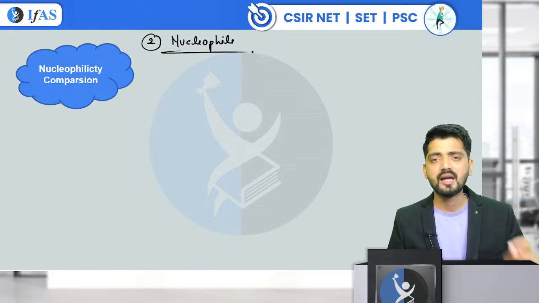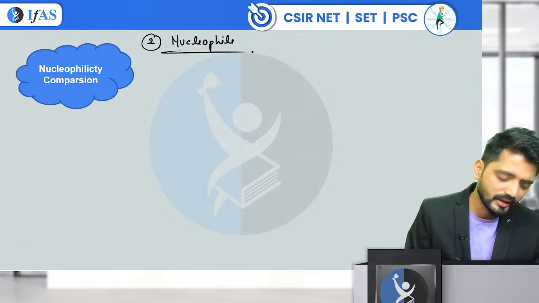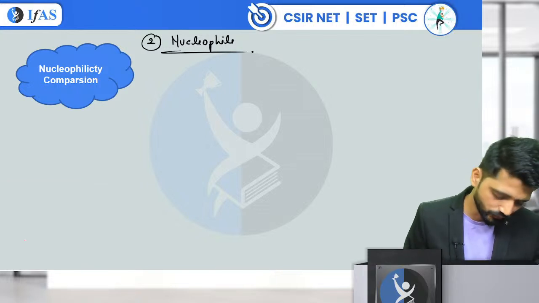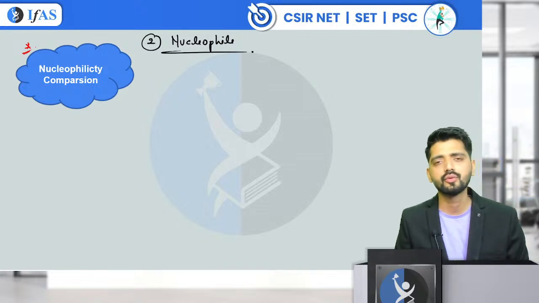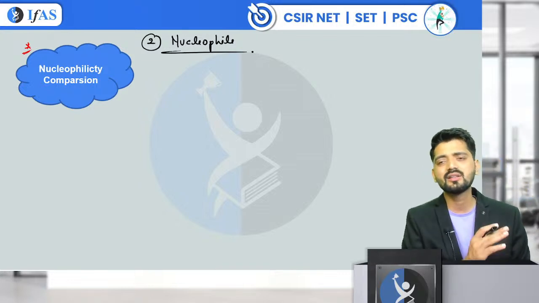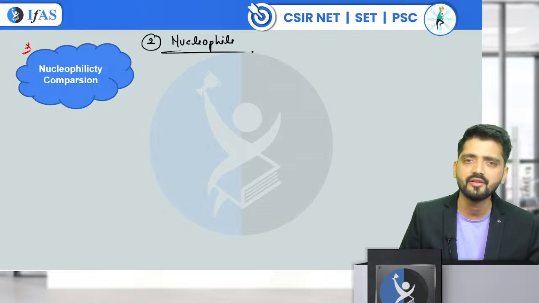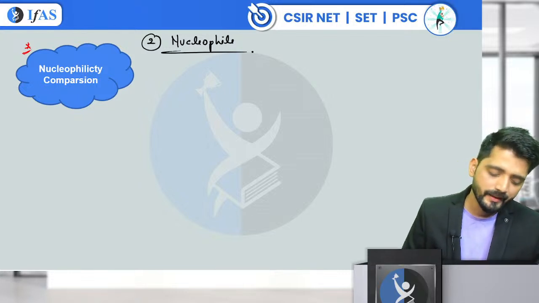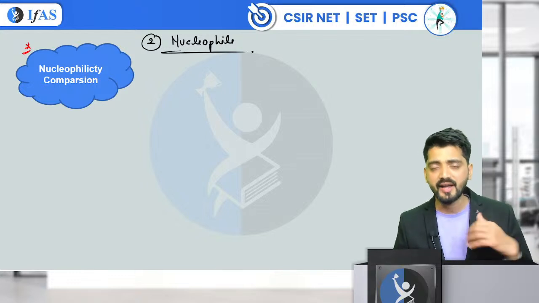In exams, a straightforward question is asked from this topic, that is the examiner will give you 4 nucleophiles and he will be expecting you to arrange those 4 nucleophiles into increasing or decreasing order of nucleophilicity. So it becomes very important. It's very interesting also. So if we need to compare nucleophilicity, then we must be aware of the factors which